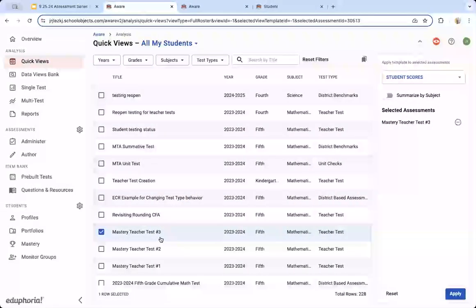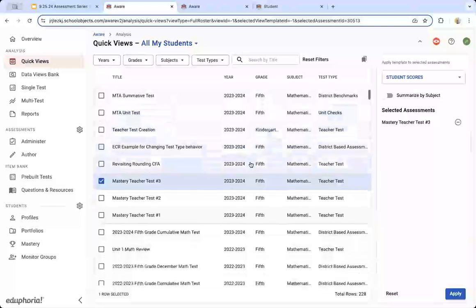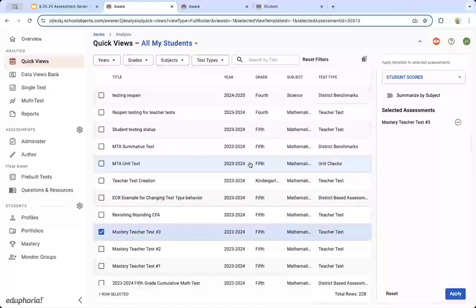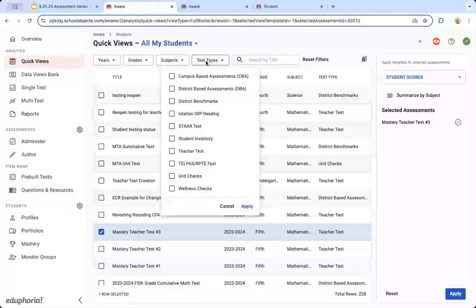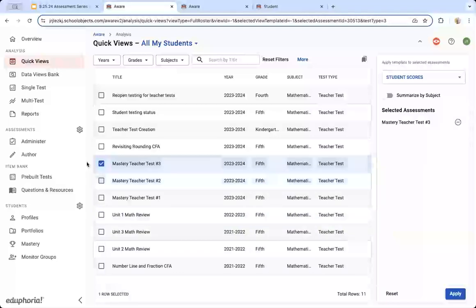So the first thing is to identify and find your test. You can use all these filters at the top to narrow in on particular years, but a general rule with Quick Views, it's going to list your tests with most recent up at the top. So if it's one you gave recently, while this list can feel overwhelming, oh my gosh, there's so many tests, if you gave it recently, it's going to be up near the top. If the list feels a little overwhelming, start with a filter that's going to give you the most bang for your buck. I'm looking for teacher tests, so I'm going to filter that, get it down, and find the test I want. You don't have to go line by line, kind of like Classic used to make you do.